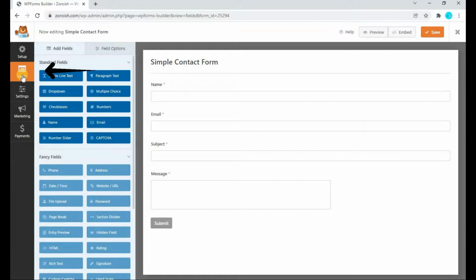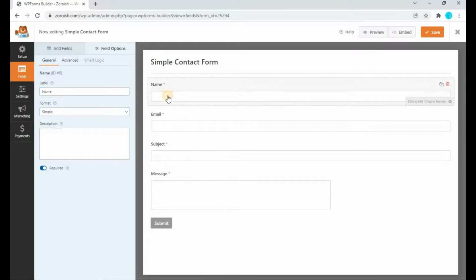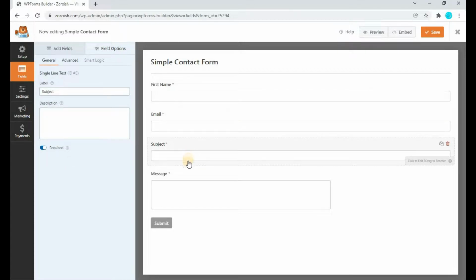So you have to come to the fields option. Now as you can see over here, here are some fields: name, email, subject and message. So here's an option of field options. Like if you want to change the name of this field, let me make it first name. Then you can even do this. And similarly, you can easily change or customize these fields, like subject. And if it is not required, then you have to turn this button off, required or not required. If you turn this off, the red star will be gone. I would suggest you keep this on because it is compulsory.